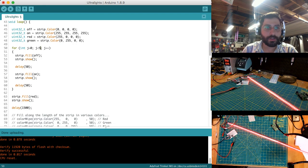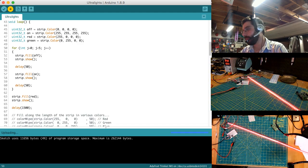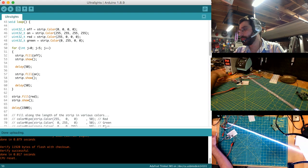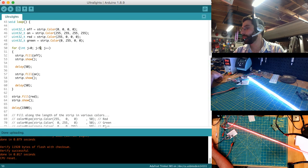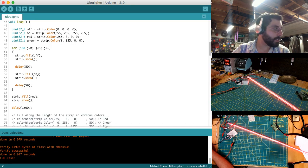Yeah. Okay. So looking at our amp meter here, when it's full red, it looks like it's at, I don't know, what is that? Basically almost 0.4 amps or 4 milliamps. And then whenever it strobes, it looks like it's not going really above like 0.7 or 0.65 amps, which is pretty good. And I mean, you could even adjust the delay, I guess,